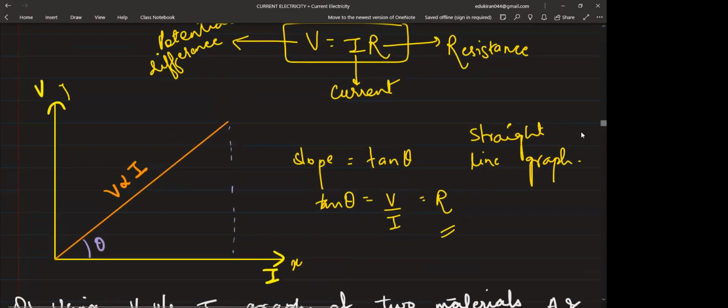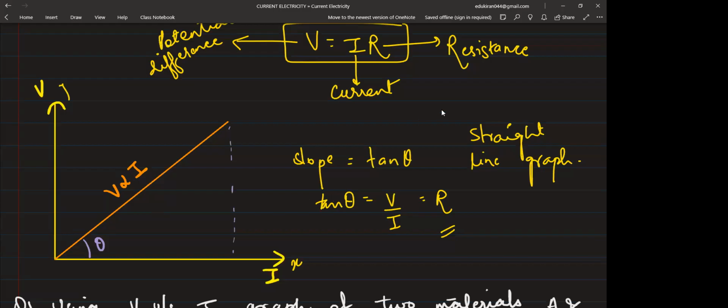Now, this is very important for you to understand: the slope. Whenever you have a graph, understand this first, then you can write it. When you say voltage is directly proportional to current, it is the V versus I graph. In this VI graph, you can see a straight line graph. So this slope is directly proportional. What is the slope? In mathematics, whenever you are calculating in graphs, the slope is tan theta. So tan theta is potential divided by current, which is this constant, the resistance.